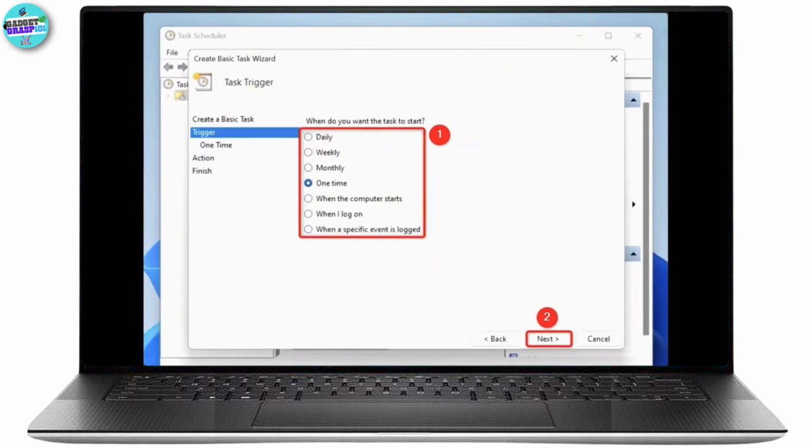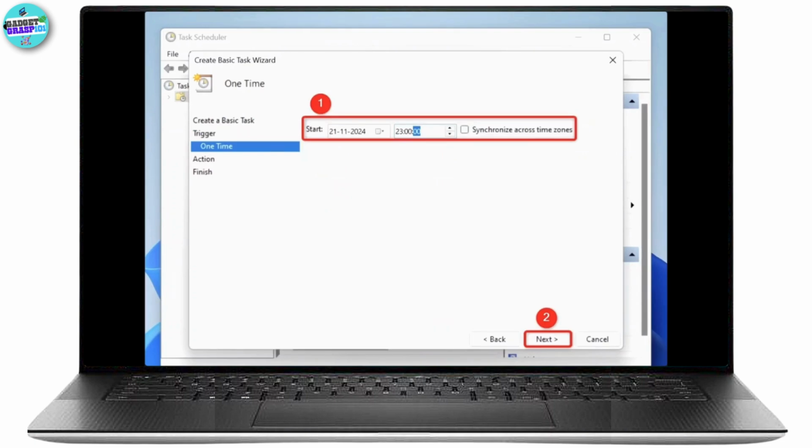On the following screen, choose the task recurring frequency. If you want your PC to automatically shut down only once, choose One time, otherwise select another option, then click Next. On the following page, select the date and time when you want your PC to shut down, then choose